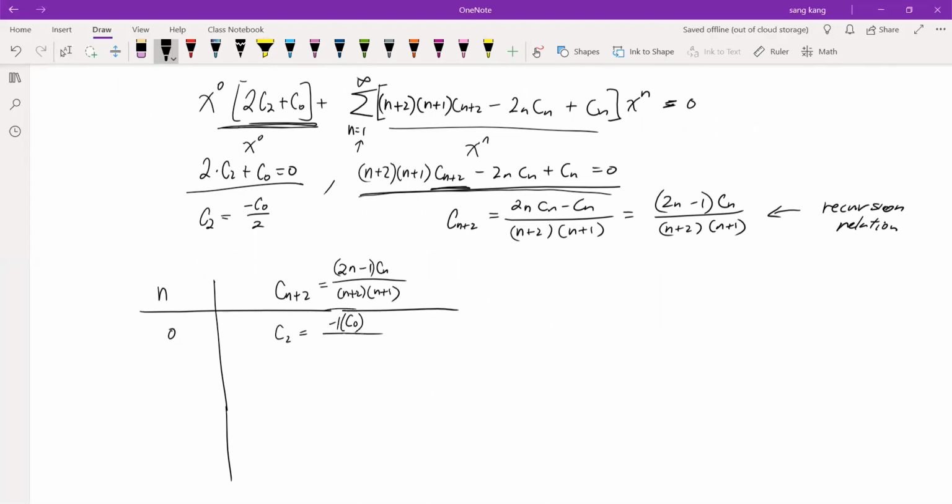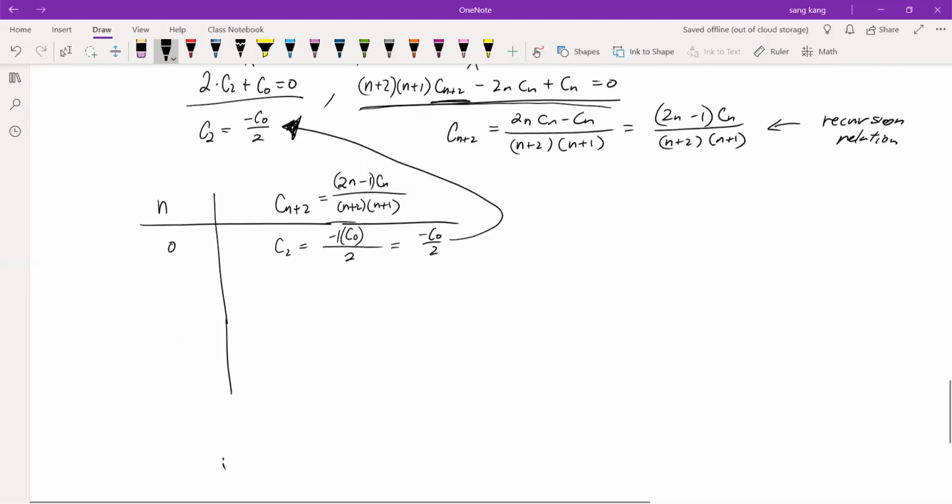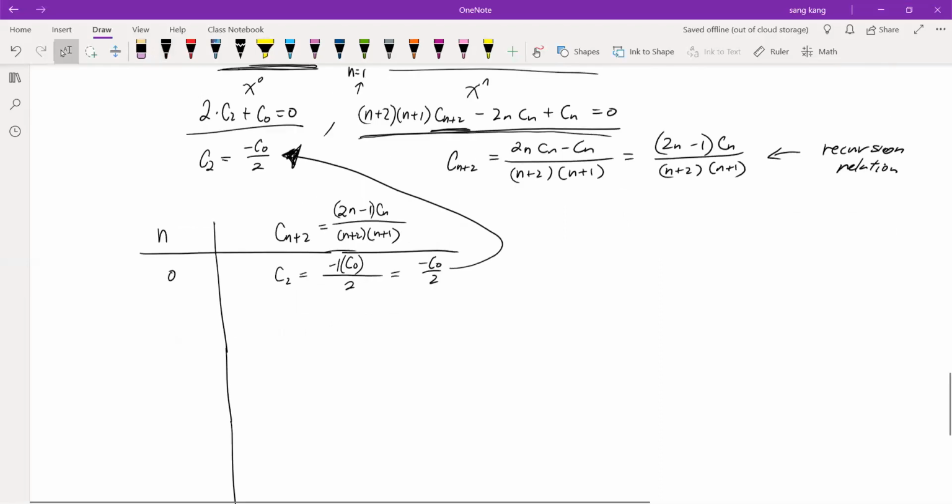Negative 1 times c0, and then 2 times 1 in the denominator, so 2. Right, so this is equal to negative c0 over 2, and this matches exactly what we found over here. Right. So again, it's not incorrect to do it. You're just taking an extra step, and we've already found that piece of information from the first equation. So really, we could have just started from 1,